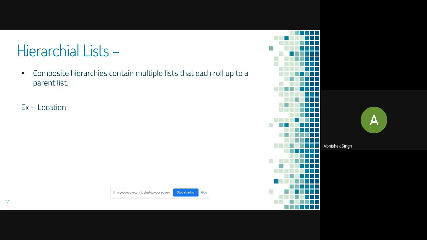If you want to go further granular, there could be districts, sub-districts, blocks, sections, whatever you want to say. So the single type of data, that is your geography, is divided into so many different granularities. And further, there could be some sort of relation built among these different data sets, right?